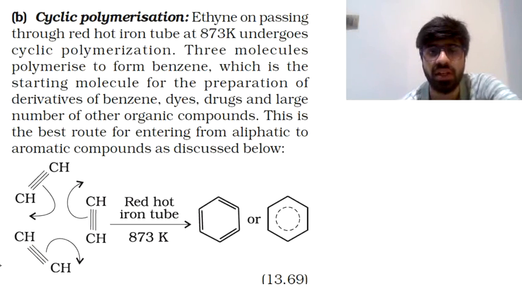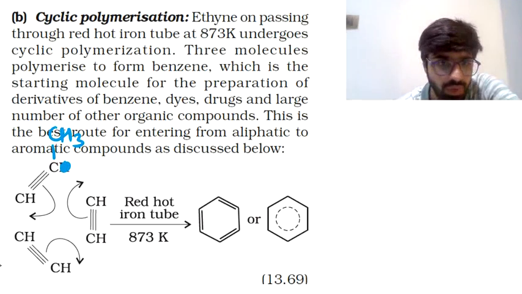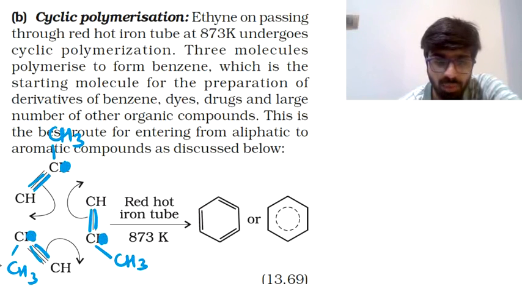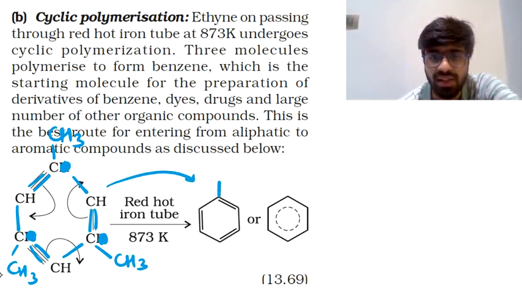You need to keep in mind that even in spite of acetylene, what if I tell you propyne? Propyne means there will be a CH3 with each of the carbon atoms here, here and here. The same reaction can be seen with propyne as well. Even in propyne, this becomes a double bond, this becomes a double bond, this becomes a double bond, and the carbon atoms here, here and here share their electrons. That will give you a compound which will have a methyl substitution here, here as well as here.